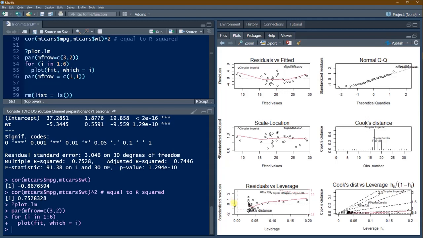Here x is less and y is less. Here x is large and y is also large. In these places, if you see any point, that is having an influence on the regression line. And this is again another interpretation of this. Basically here also the labels indicate which points are affecting the regression. Here also you see Fiat and Toyota as well as Chrysler.